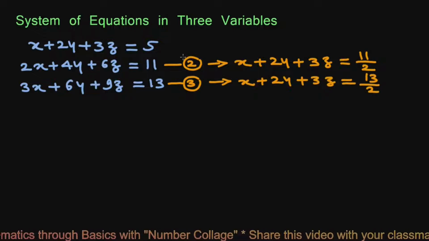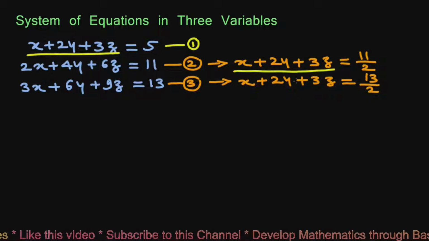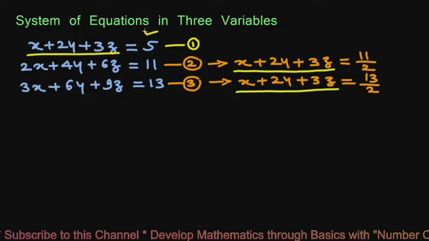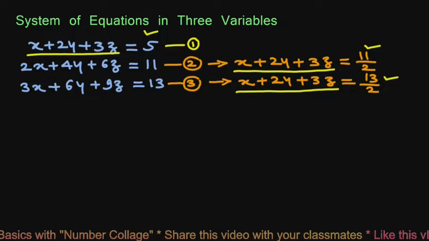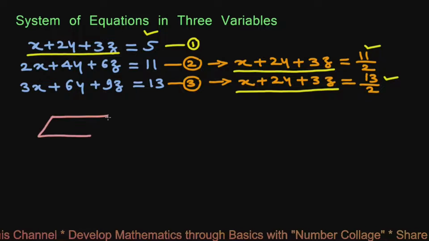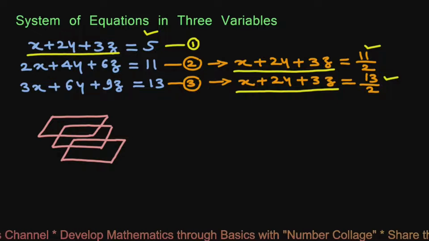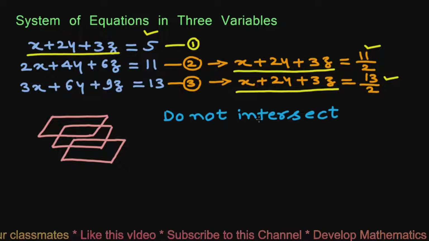We observe that the left hand side of equation 1, equation 2 and equation 3 is the same, but the right hand side is different, which means that this system of equations in three variables represent three parallel planes like these, and since these planes do not intersect, therefore this system has